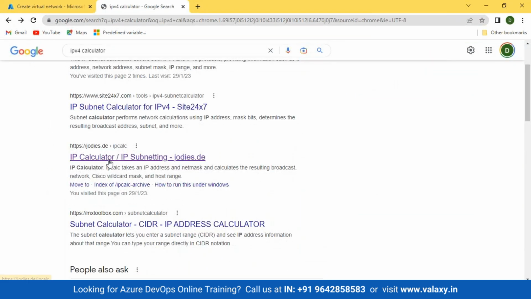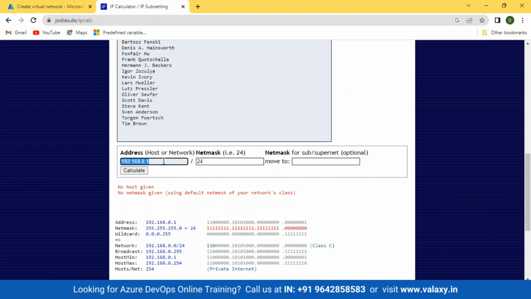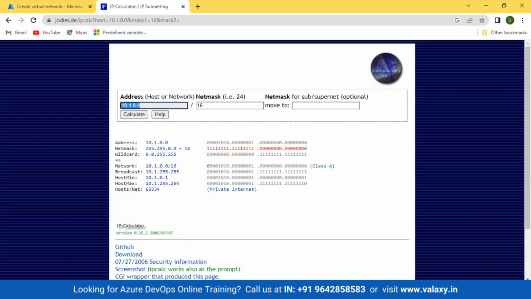You can go with the calculator, and in the calculator you can put your numbers. So we want something like 10.1.0.0. What do you want? We want 16. Now you want to calculate how many IPs. See how many IPs. Network mask is 16. Network starting 10.1. Broadcast range this. Host range and number of hosts